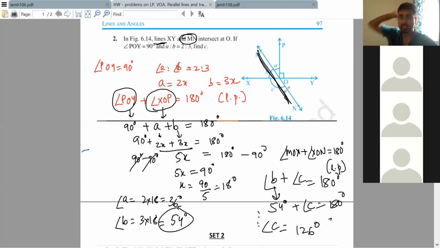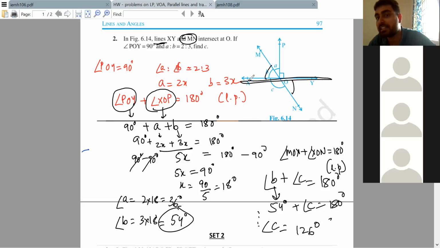You are catching your ear by going around your head instead of catching your nose directly. MN is a line. Take this only. Why do you want to take XY as a line again? It's the same idea, you're using linear pair, but going one extra step. Bhumika, Manoj, Nandini, Nazreen, do you get this feedback? Yes, sir, got it. It is unnecessary because you finally use the same reason.